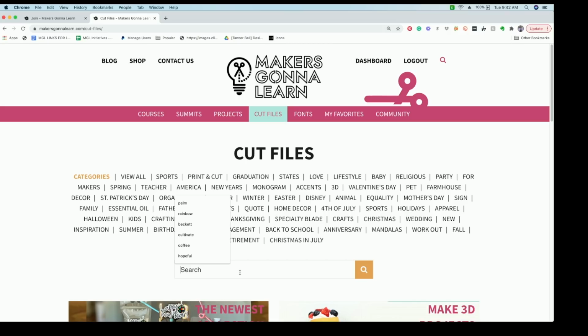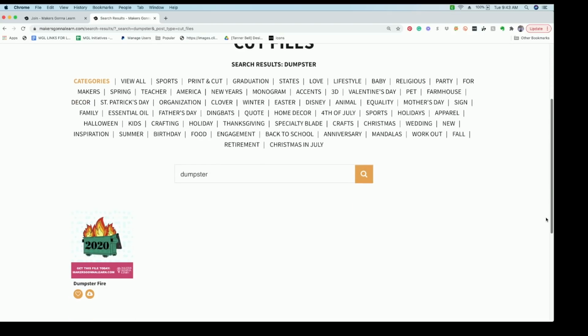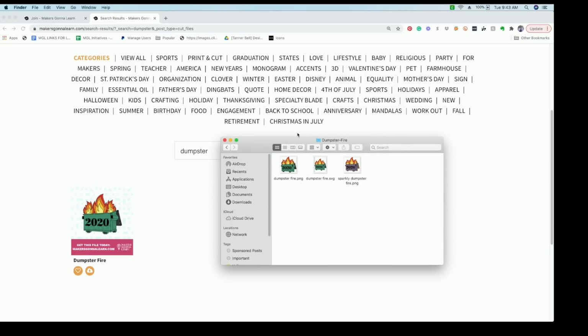What I want to do is come right here to the search, and I'm just going to type in dumpster because I want to do this dumpster fire cut file that we have. So I just want to press this download button right here. It automatically downloads here. I'm going to double click and then I can open this zipped file, and you can